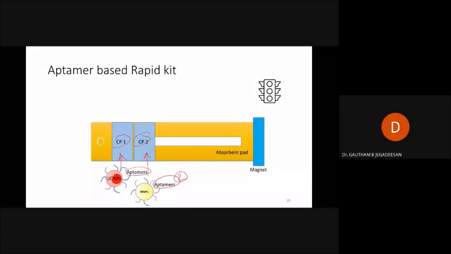When you introduce a sample here, probably a swab sample which is dissolved in a PBS buffer, it will go through the strip and cross conjugation pad 1, where that DNA will come and get attached to the aptamer. And then it will cross conjugation pad 2, where again the magnetic nanoparticle will be attached. As the mass increases, it cannot move on to the absorbent pad. So we use a magnet to drag it